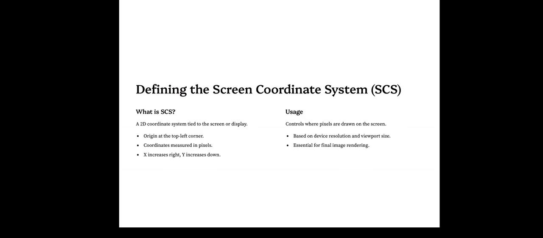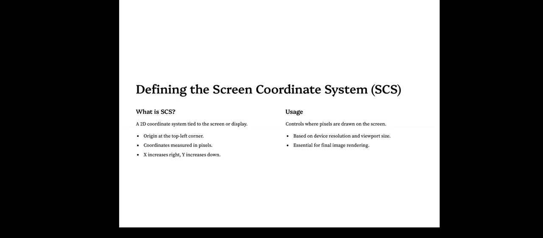Defining the screen coordinate system or SCS, which is our second topic. So what is SCS? A 2D coordinate system tied to the screen or display. Origin at the top left corner, coordinates measured in pixels, X increases right, Y increases down. So it is also called device coordinates.